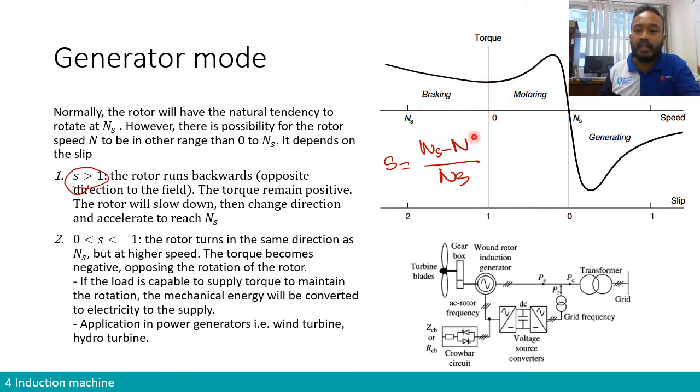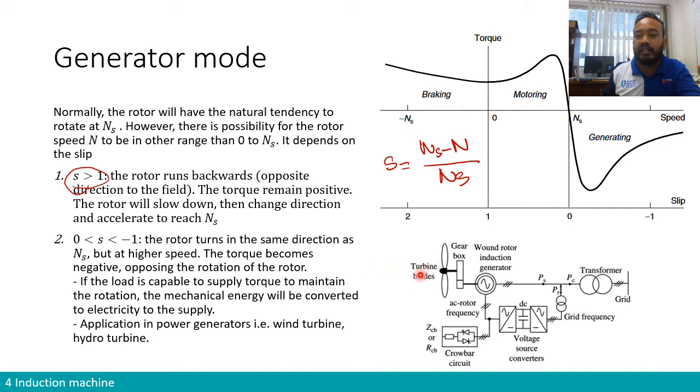So that is braking. Another operation is when you have your slip smaller than 0, in the opposite direction over here. How do you get that? If you look into the equation, you need n to be larger than ns. It means that your rotor speed is much larger than the synchronous speed. That is exactly the condition when there is an external force that is driving your rotor. For example, in a wind turbine, you are feeding a certain frequency to your stator,